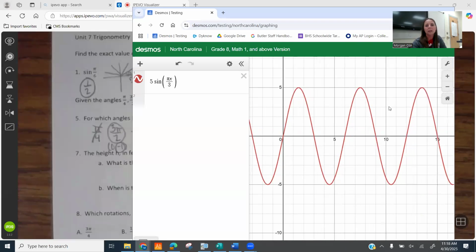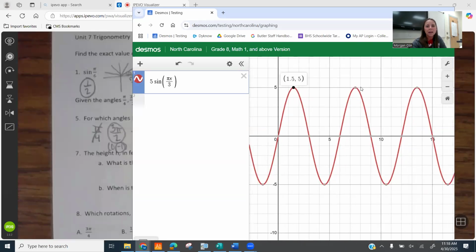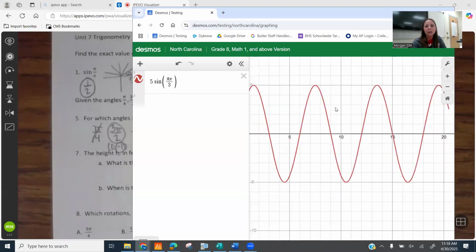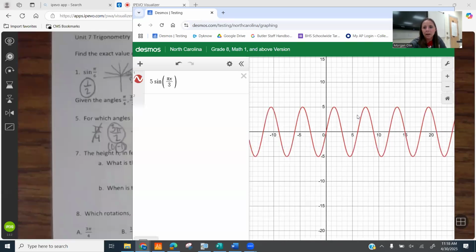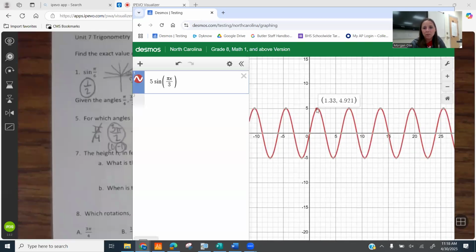Okay, so we're looking at time. So all of these are when it's at its highest level. So 1.5, 7.5, and let's just think in a 24-hour period. So in a 24-hour period, it's all of these maxes right here. Now, these aren't the times. Remember, I don't need this one because that's after the first day. Remember, this is always after 12 a.m. So 1.5 hours after 12 a.m. is going to be,